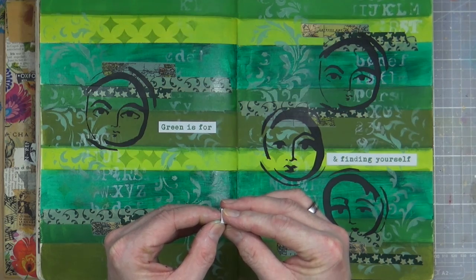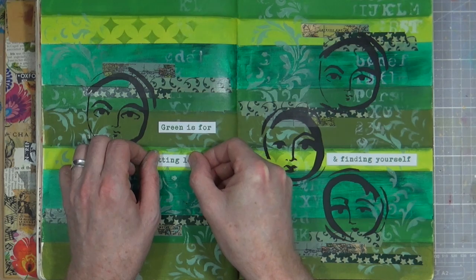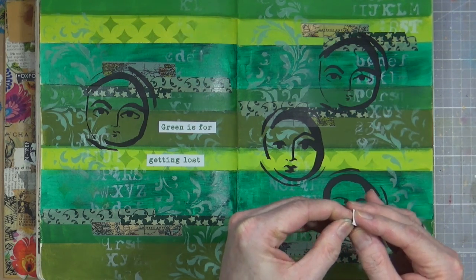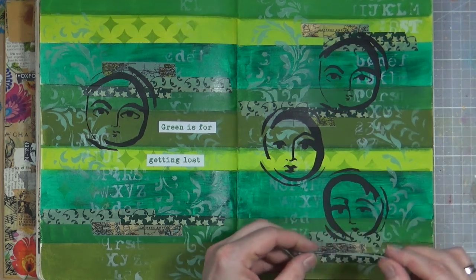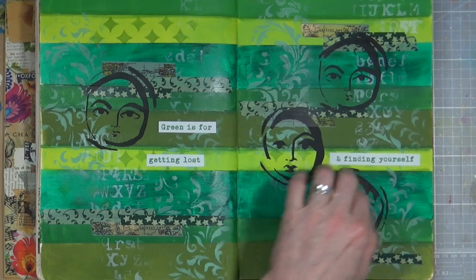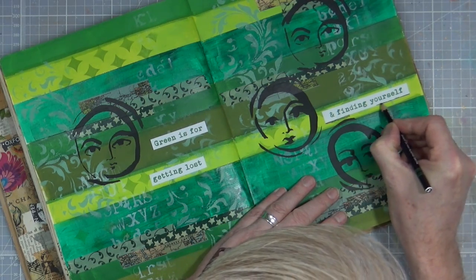Don't particularly want to go over the top with any kind of matte medium or anything. I can do if I want to, but these stickers seem to be holding quite well, so I don't really think I need to. If they do start to peel off, I can always do that at a later date, in a month or two maybe. Okay, so the final bit, add that to the page, and then I've got my Stabilo All pencil here, so I'm just going to add a little bit. I could just use a black pen, or I could use a pencil just to kind of give it a little bit of pop